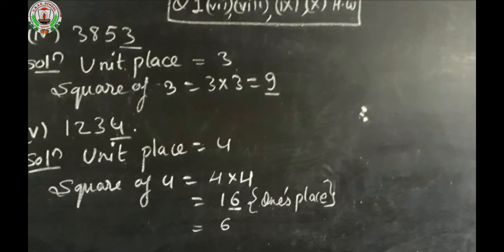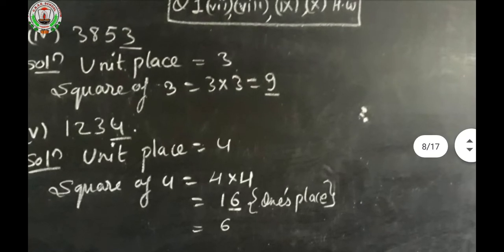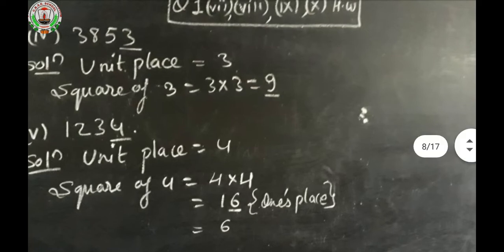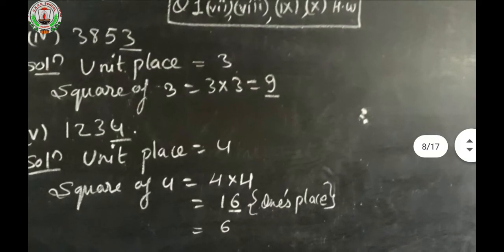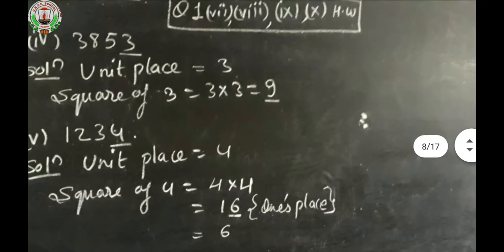And again a double-digit number comes. Double means ones and tens, both place values come, isn't it? So when a double or triple digit number comes, we have to just see its ones place value. So 4 into 4 is 16. Among 1 and 6, the ones place value is 6, isn't it? So 6 is the units digit over here. So have you understood everyone? When a single digit comes, it has no problem, okay? But when a double-digit number comes, like 81, 16, in those numbers you have to see only the ones place. So that will be the answer.